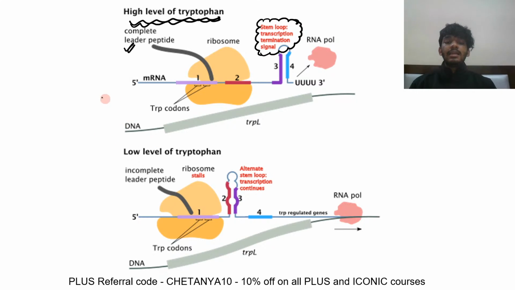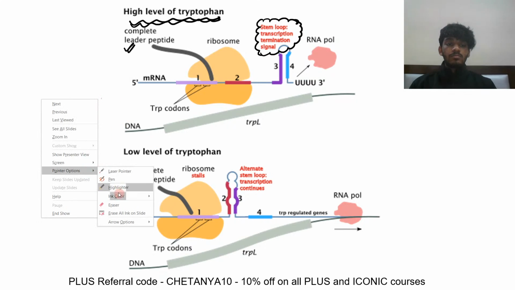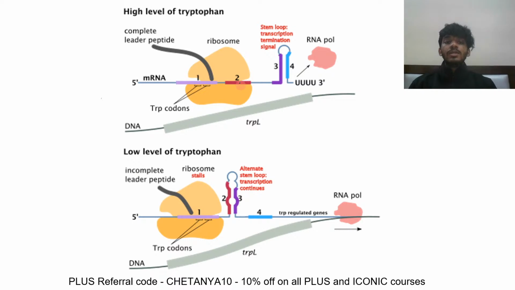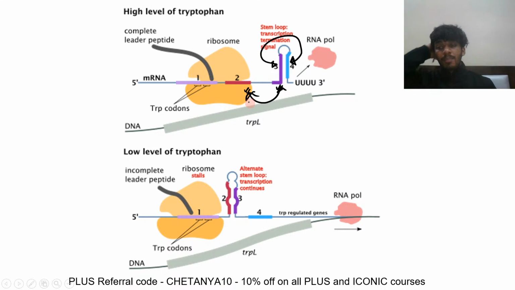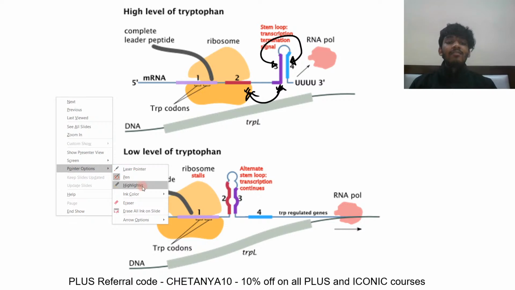Okay, so what happens basically here? What you have to know is that sites number 2 and 3 are complementary to each other, and 3 and 4 are also complementary to each other in the initial part, in the attenuator segment. Okay, so if there is a high level of tryptophan,